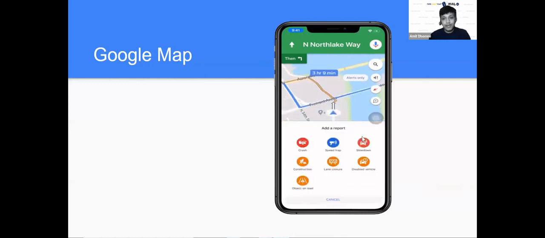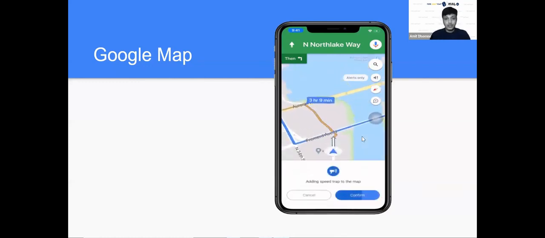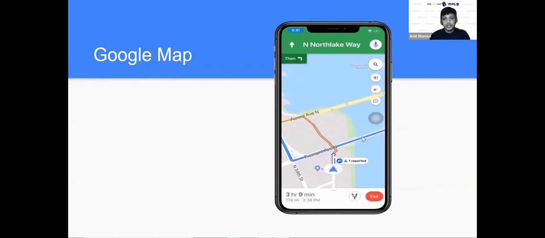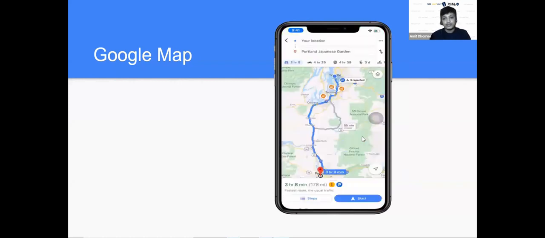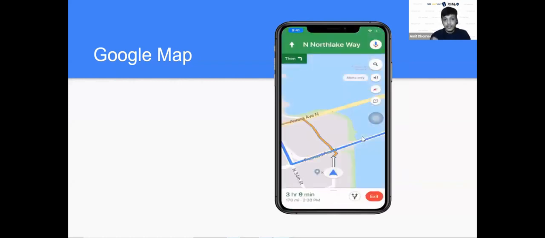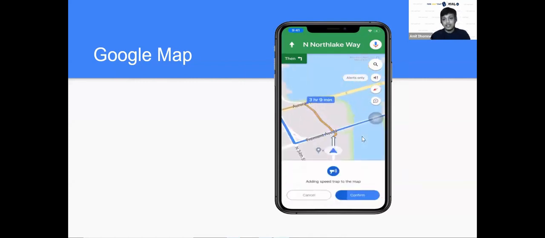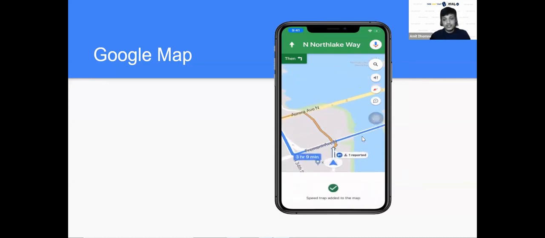So this is a Google Map application, and it does not only tell you your current location, you can find nearby restaurants, and you can search with voice also, right? From where you want to board, to where your destination is. You can see how many hours the calculation takes, also done based on the different routes.